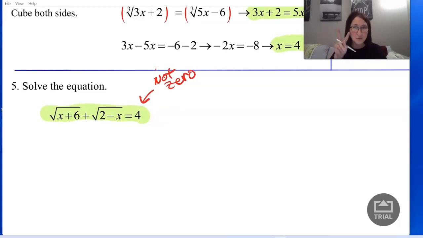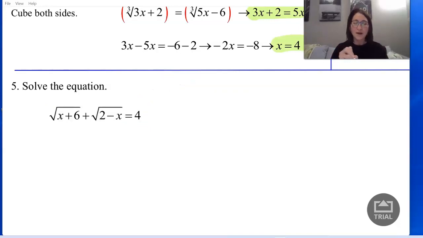This one, when you've got two radicals and it's not equal to 0, you're going to have to do the process twice, and it gets a little bit complicated. Not a problem. It is not beyond any of you. But, okay, don't be tired. Stay with me. Okay, let's go ahead and let's do this problem. All right, so